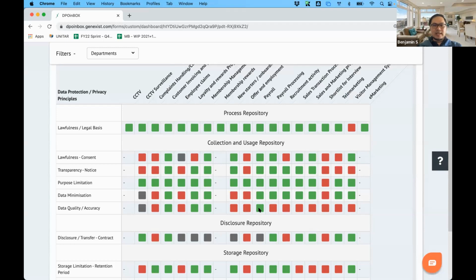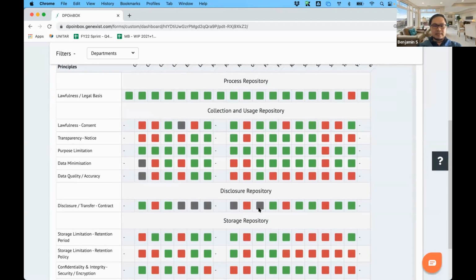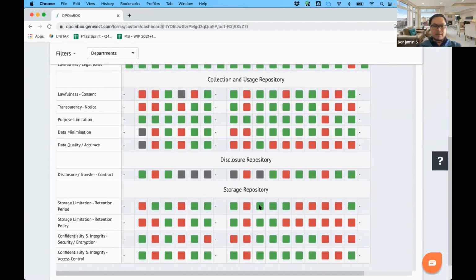And there is a process in place to ensure accuracy, or data quality. Now, under the disclosure part of it, there could be a non-applicability of the disclosure or transfer, or in this case, there isn't a contract in place when disclosing information outside the organization, right?